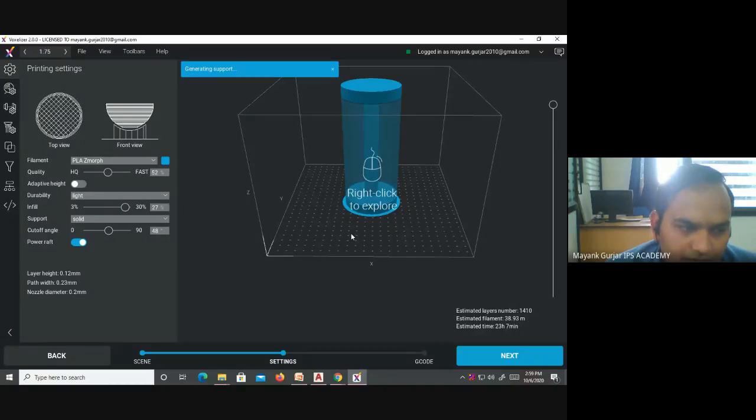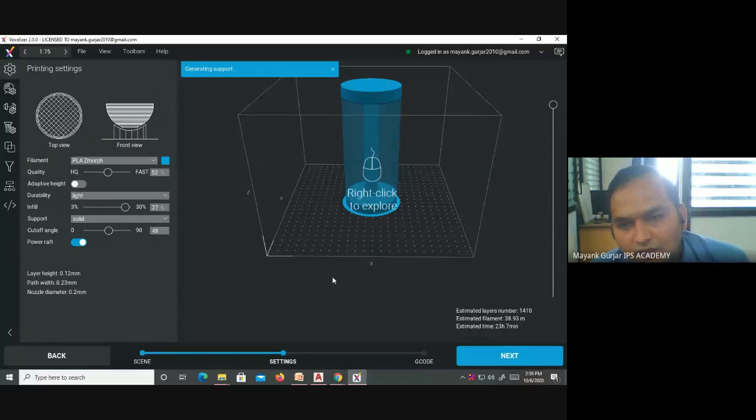If we do not use it, the part will start printing directly from the geometry of the first bottom layer. Sometimes it will not stick, and other fluidity issues happen with the nozzle and the material. So we use a power raft to print any object.